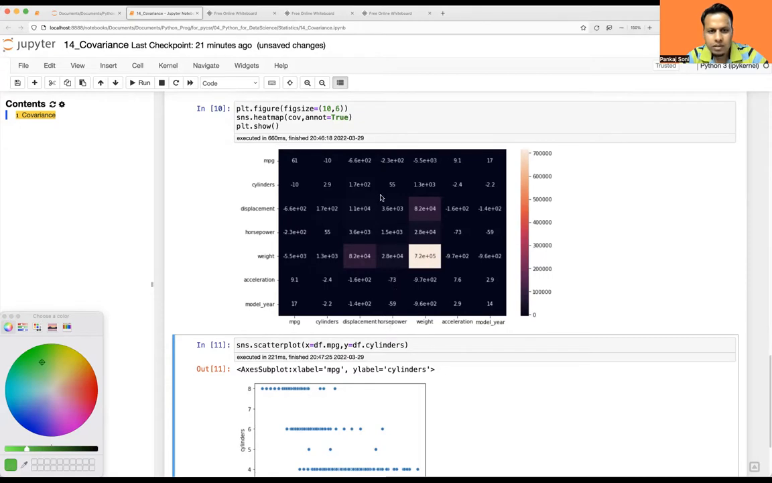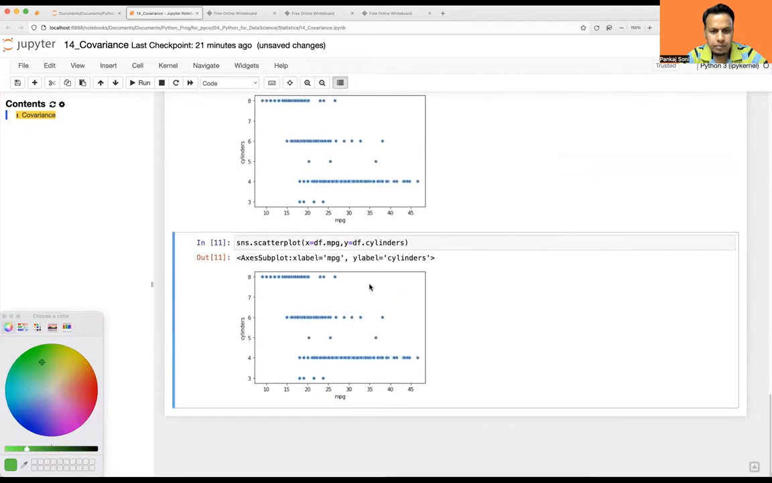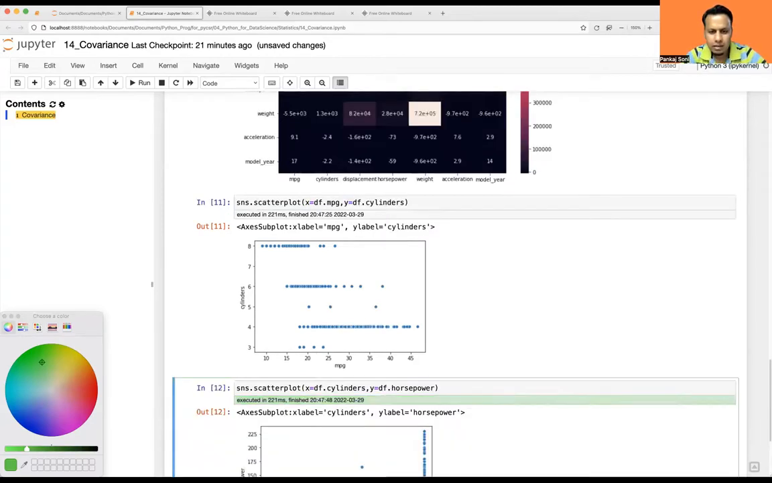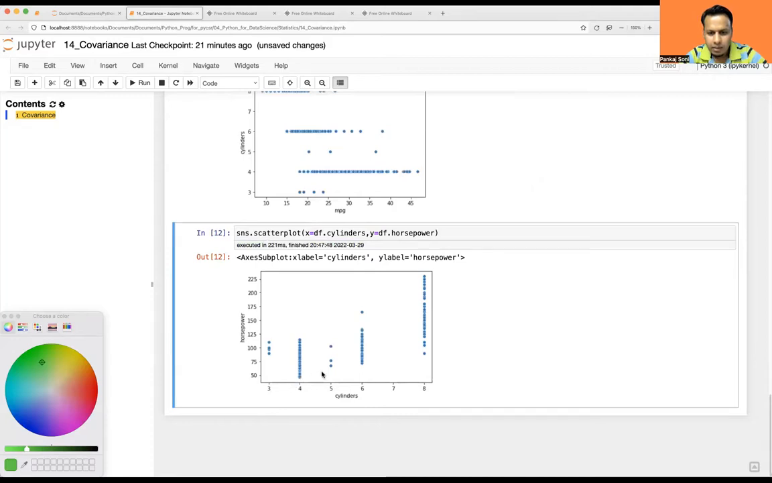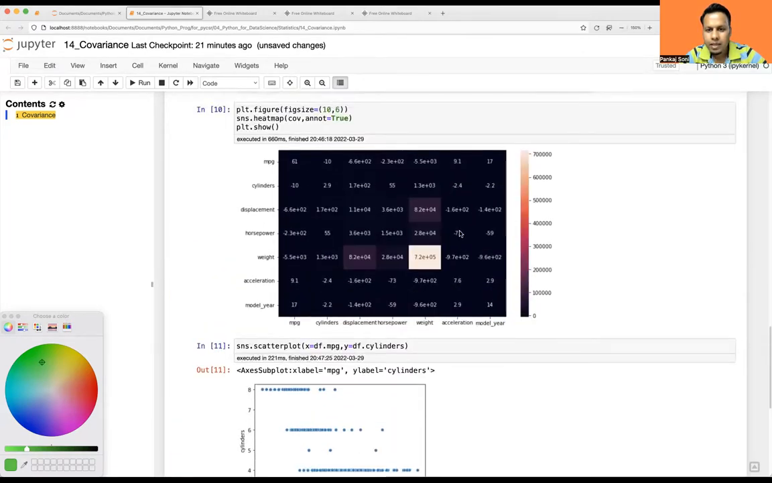Horsepower versus cylinder. What I'll do now, let's take horsepower. As the number of cylinders grows, what is the impact on horsepower? Will it be high? It should be high, right? So this graph is clearly telling that as x is going high, you see horsepower is also going high, right? Let me take some other value. So I'll take 73 and